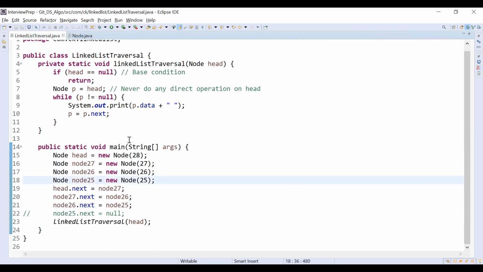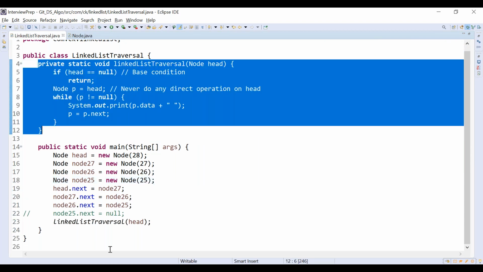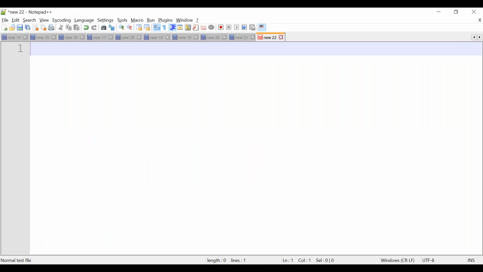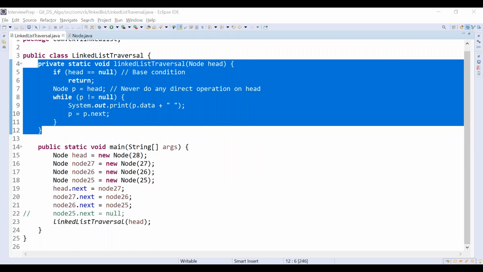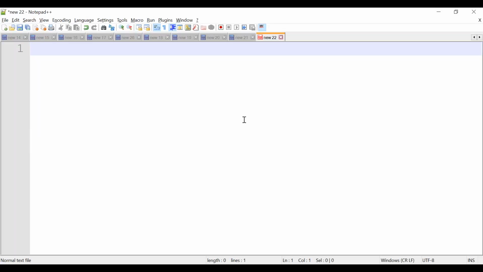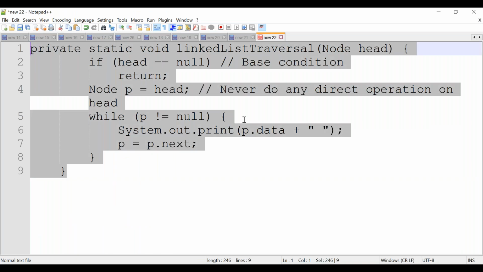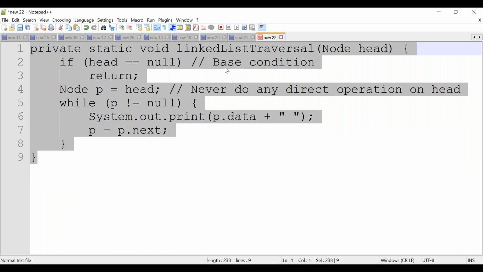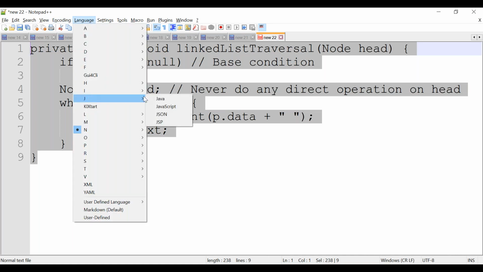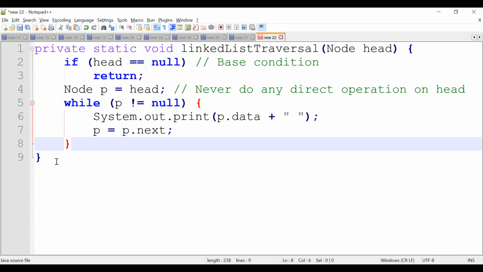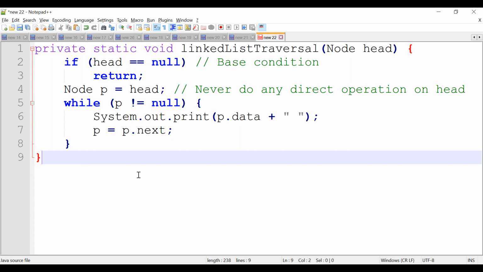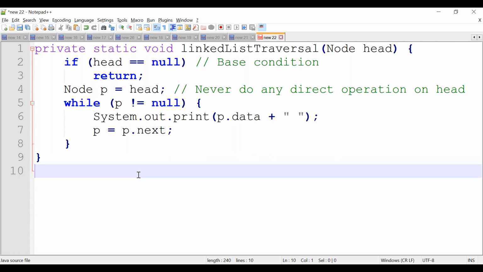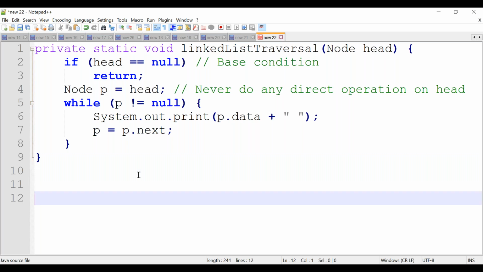Now, let me explain by dry running this code, right? How to dry run this code? Dry running is nothing but writing it on a piece of paper or on Notepad or somewhere, so that you make sure your code is working fine in all the conditions. Here I'm taking the language to be Java so that the look and feel is good. Let me try to print the output. Here the output is,